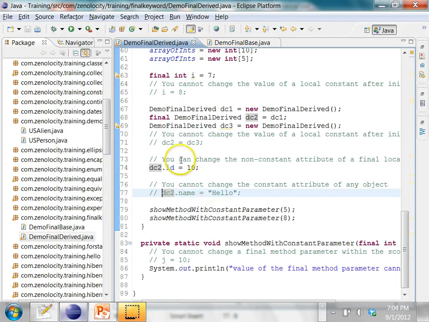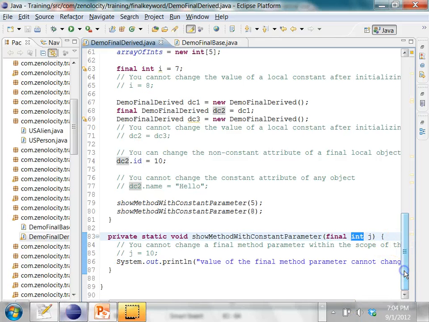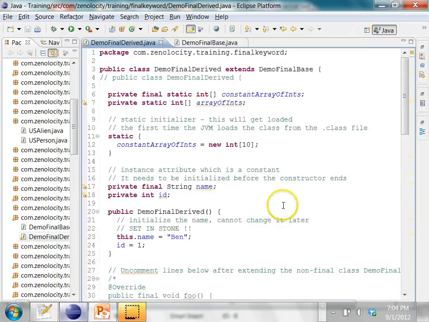Okay. And finally, I can apply the final keyword to the parameter of a method. I'm saying this j is final. So inside this, I cannot change j because j has been declared final. So it is treated as a local variable. Okay. So the word final can mean so many different things based on the context. So I want you all to try out this program and understand how final